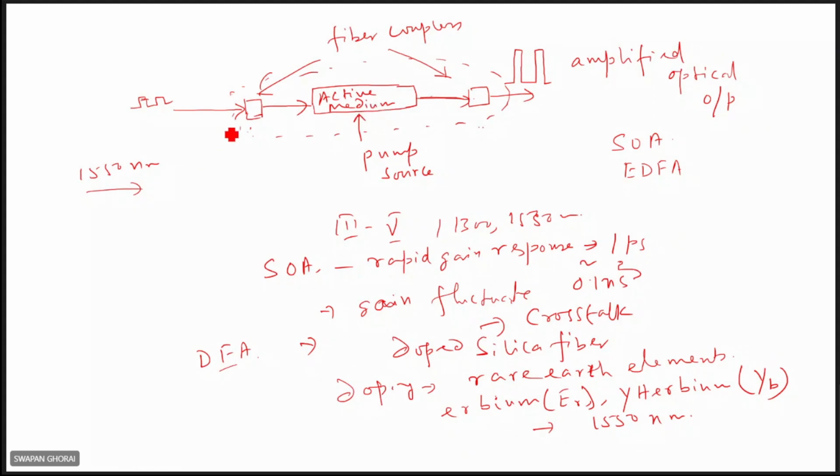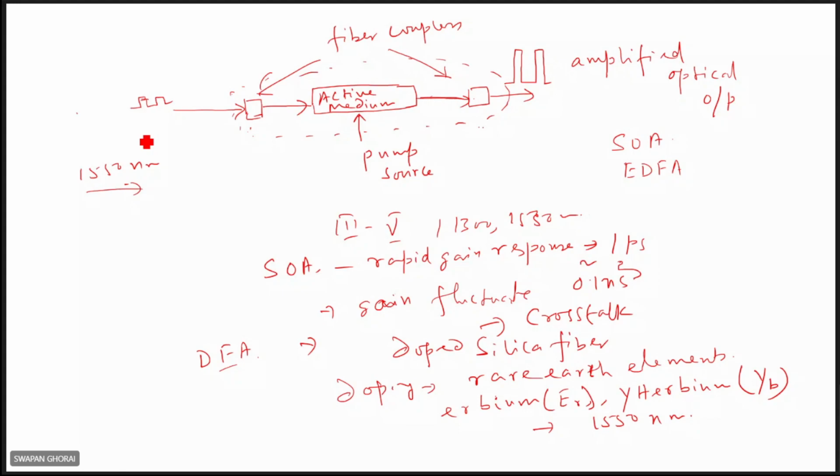In this case, the basic principle is, suppose a 1550 signal is coming in the incoming fiber. It is a very attenuated signal, you have to amplify it. Whatever may be the case, you have to amplify. Means inline, power amplifier, etc. Whatever may be the case, ultimately it will amplify.